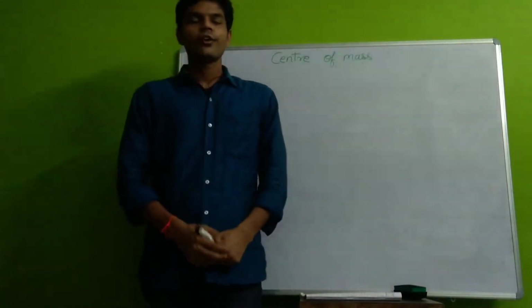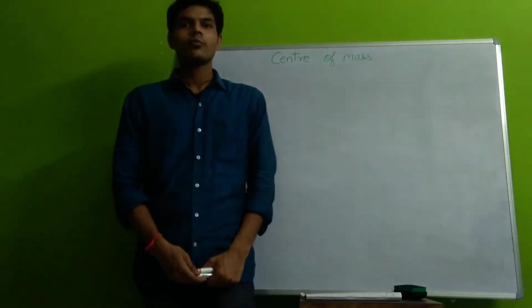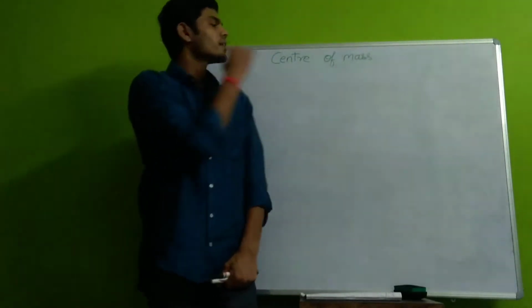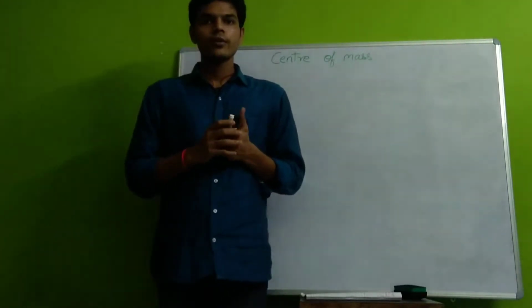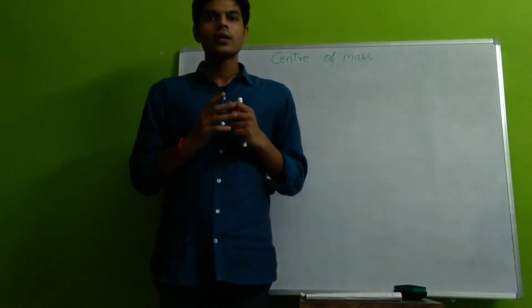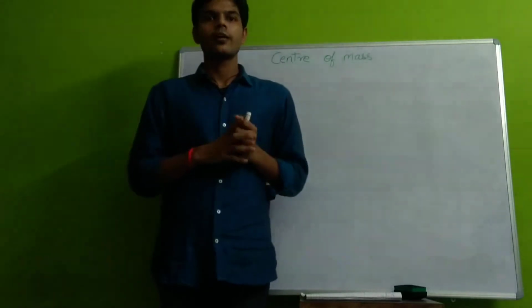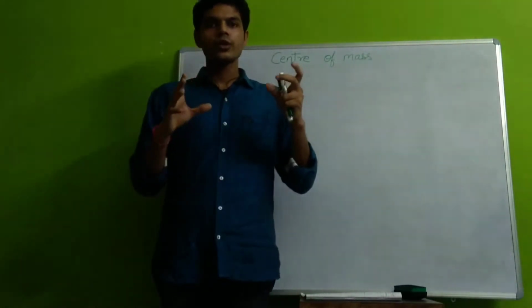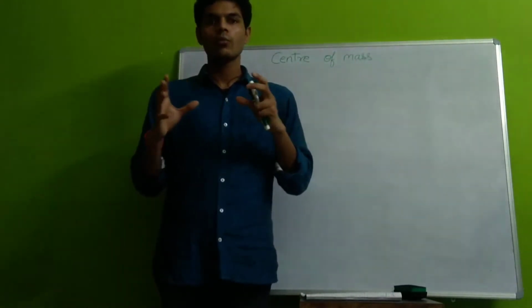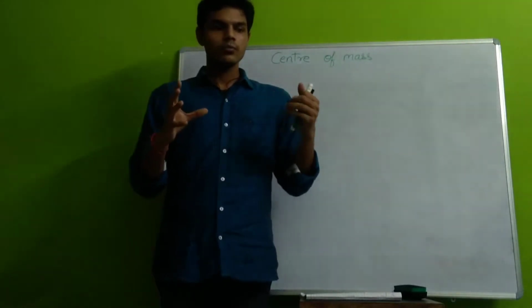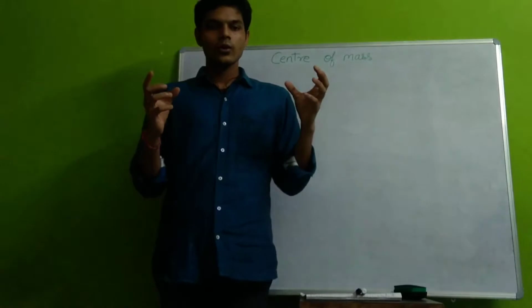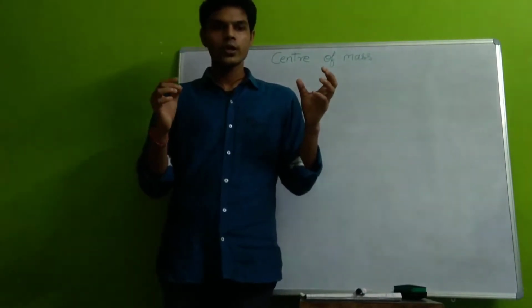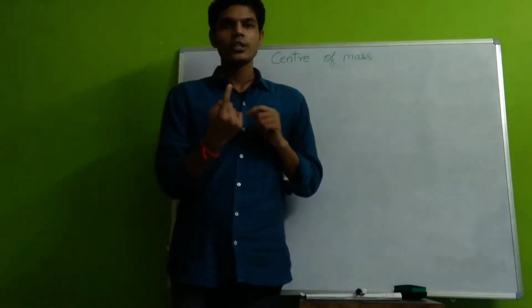Hello. In this video we are going to see what is center of mass. So, as the name tells us, center of mass is basically that location where we can assume the whole mass of the system is concentrated. That means we may have a non-uniform body, or suppose we have two objects and we have to find their center of mass. We know that the location of the center of mass will be in between these two bodies.